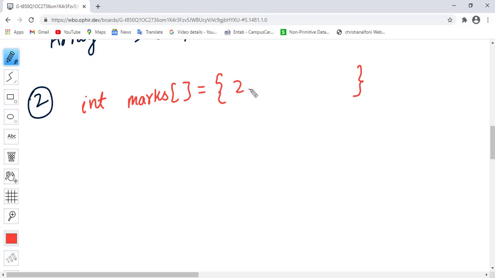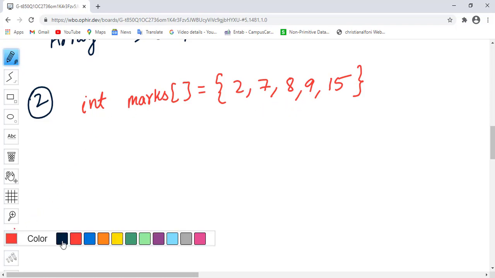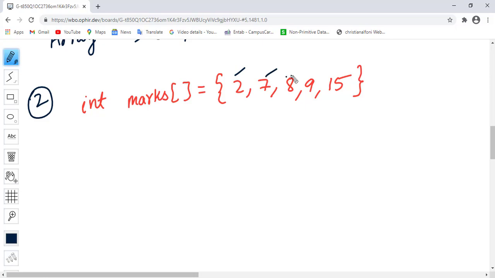Suppose I want to store 2, 7, 8, 9, 15. So I've got 5 values in the array. This is the array, and this whole thing is known as array literal.